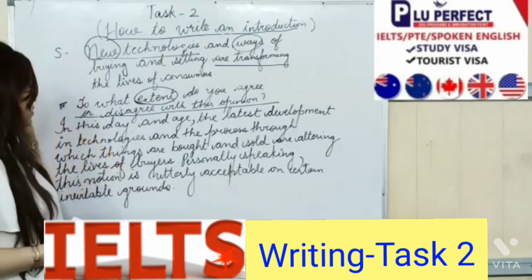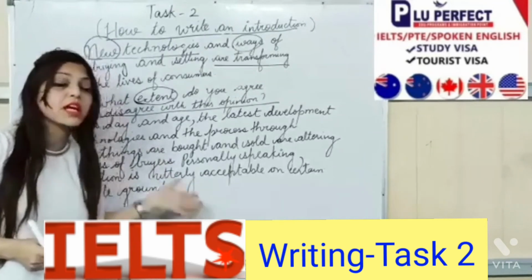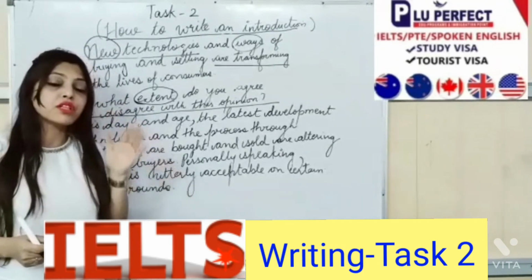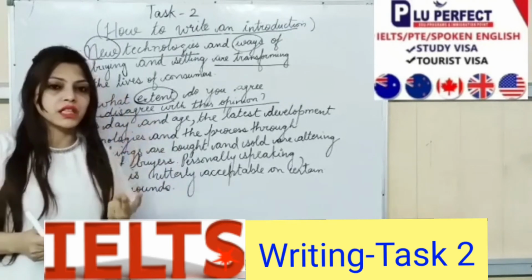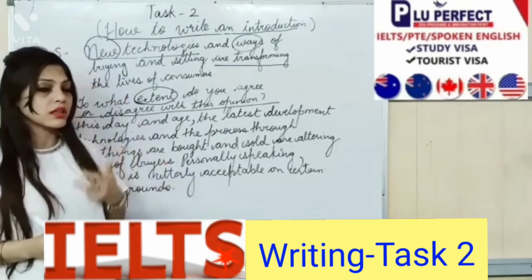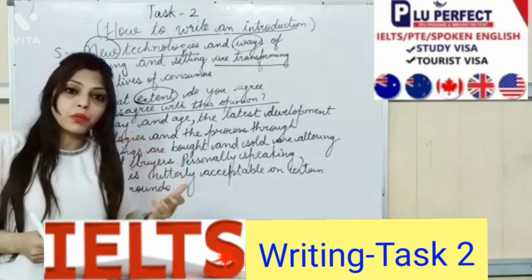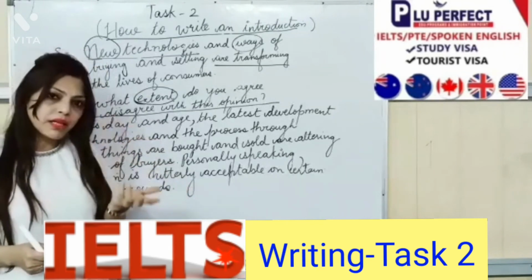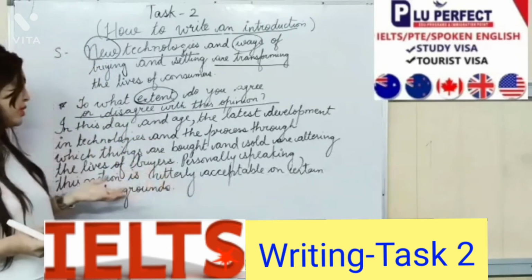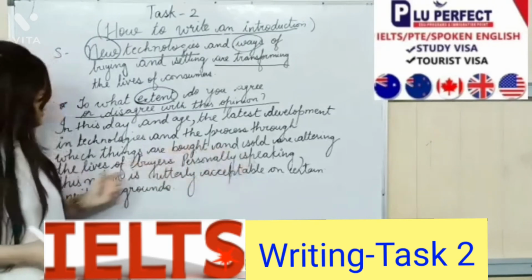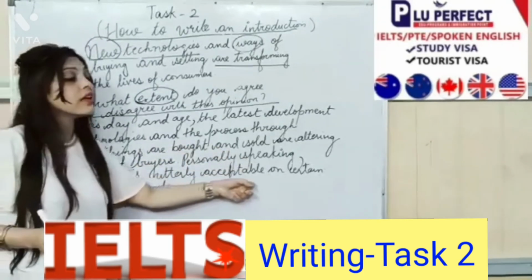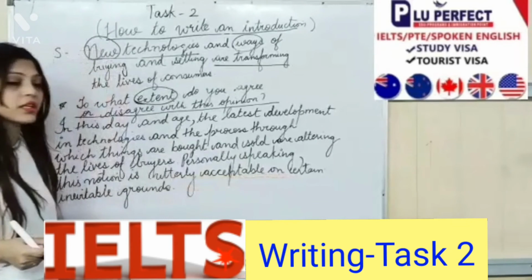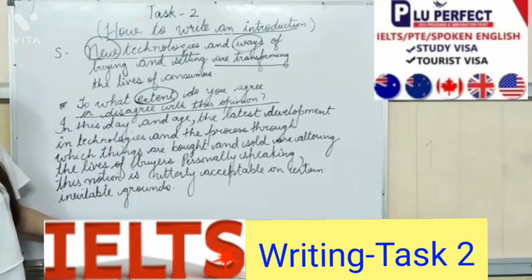Okay, so here when I write is utterly acceptable, it means I'm not going to disagree. I'm just going to write 2 points of agree, one in BP1 and the other one in BP2. Similarly, if you disagree completely, you can write personally speaking, this notion is utterly unacceptable, and the rest of the thing you can keep constant.